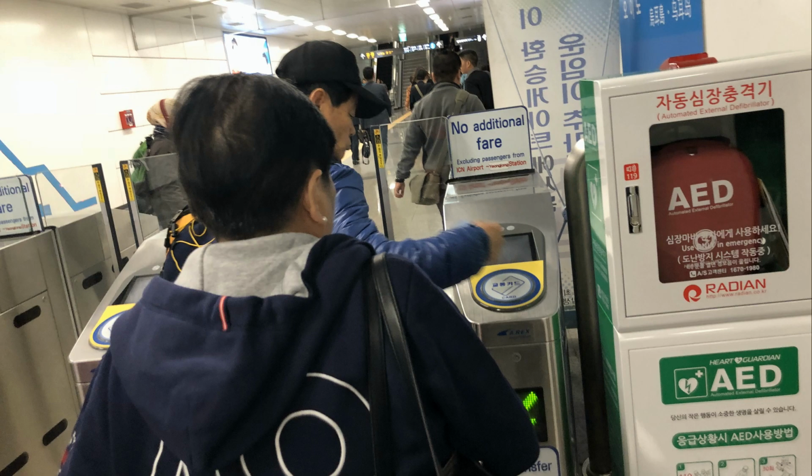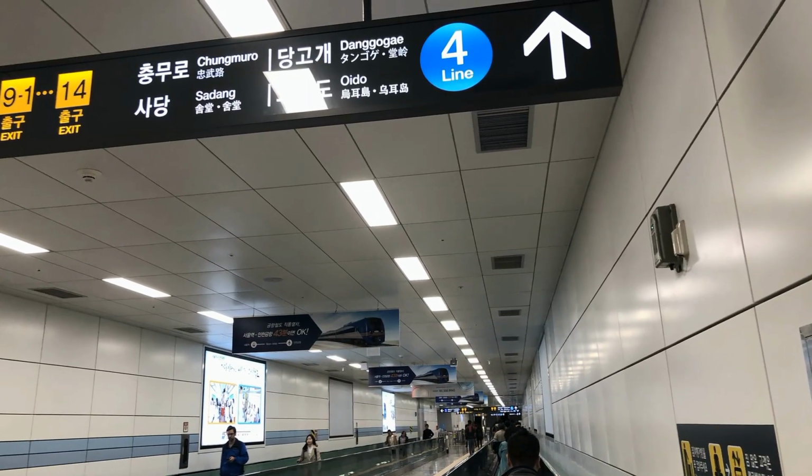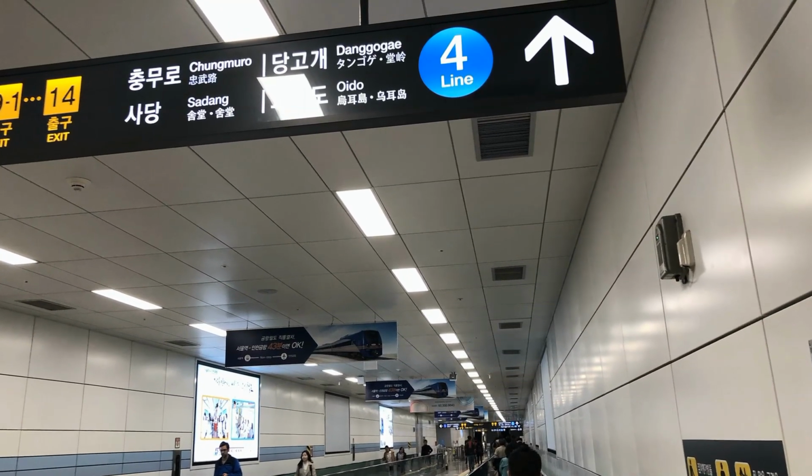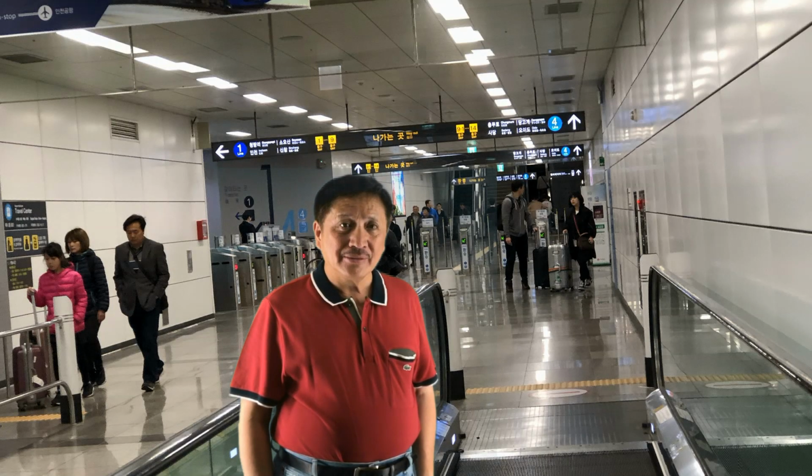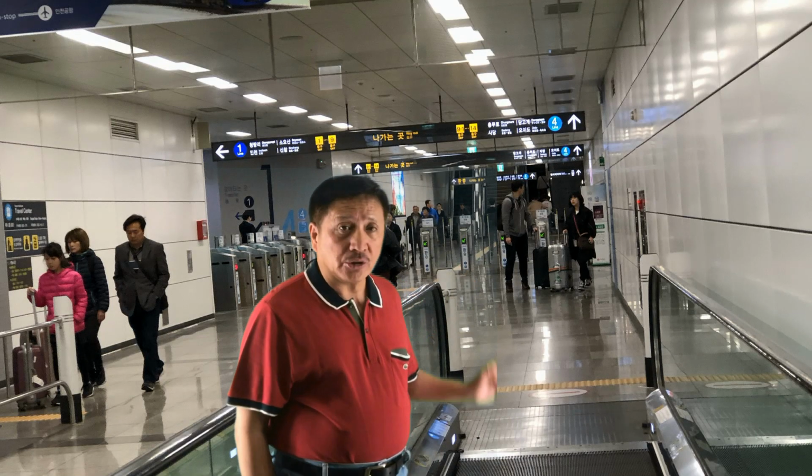You may find along the way an entry gate. Just tap your T-Money card on it. There's no charge and no additional fare since we are just inside the Seoul station and did not go anywhere else. Just keep on following the signboard for line 4 until you will see the ticket gates for line 4. We enter line 4 of the Seoul station